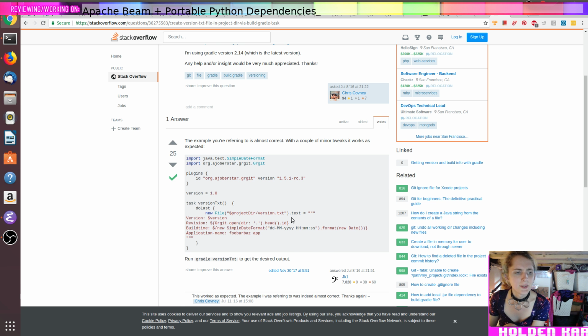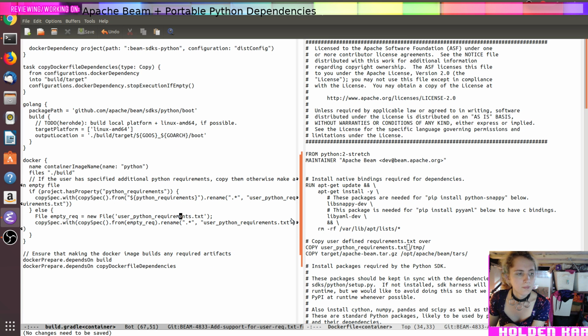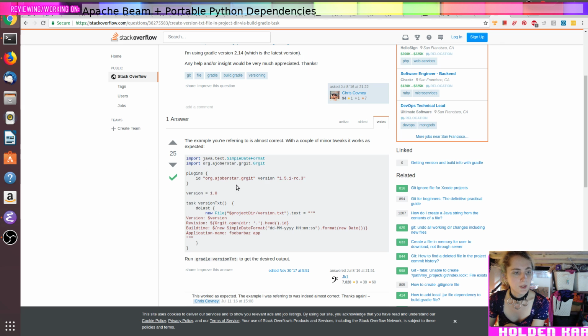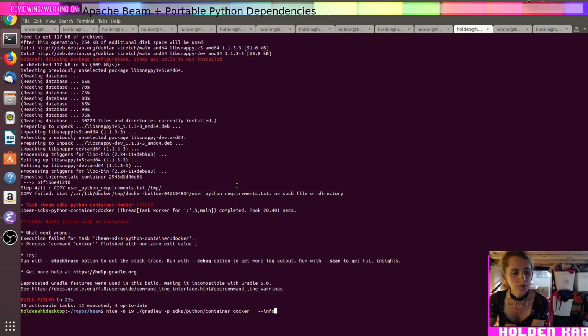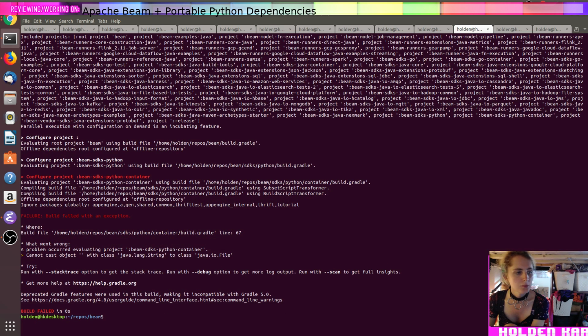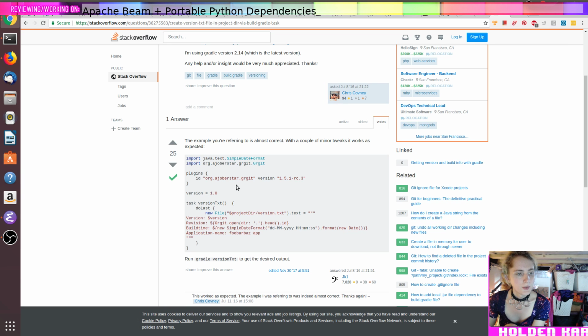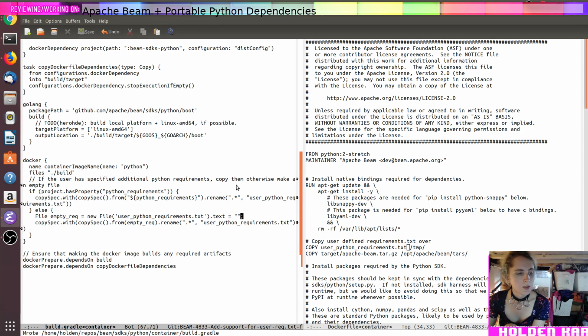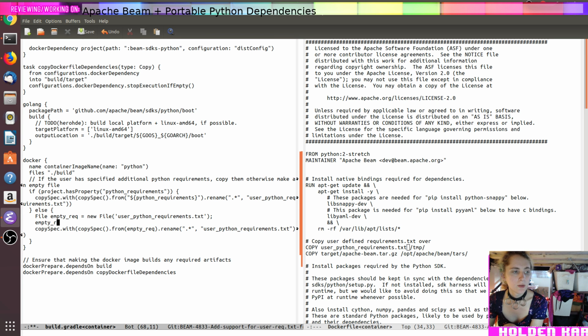Do last. Yeah. Empty underscore rec dot text equals